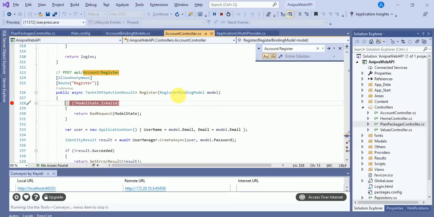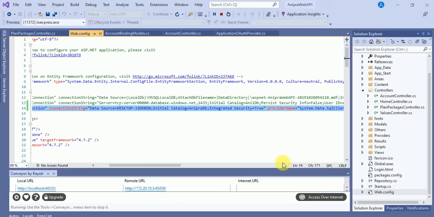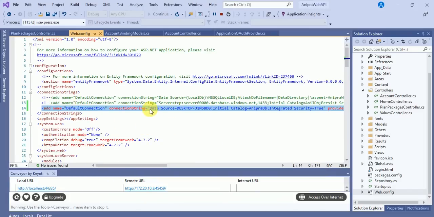So how have we connected our web API to the SQL Server? Go to the web.config file, and here you have to pass your connection string. So how are we creating the web API? I have created a complete playlist for this: how you can create your web API, how you can post your web API on Azure, and how you can create a SQL Server database on Azure. Whatever you want, you can get from the playlist.